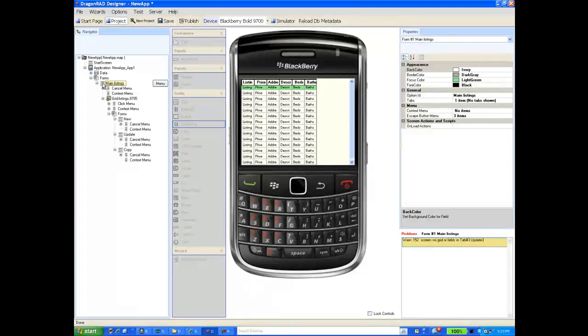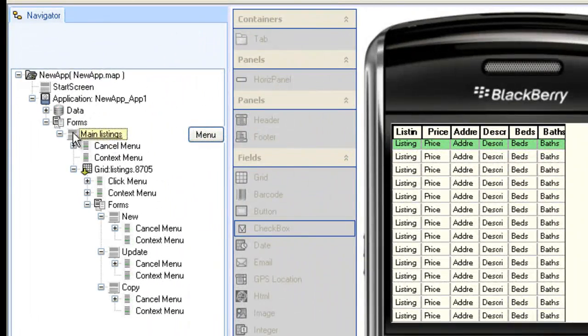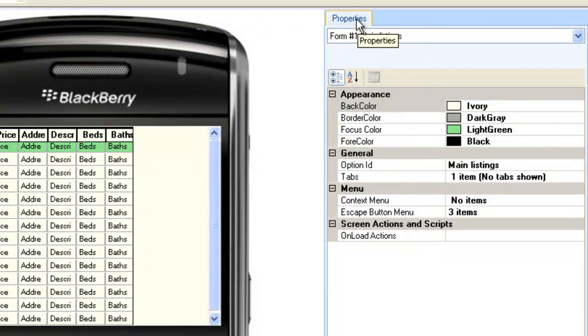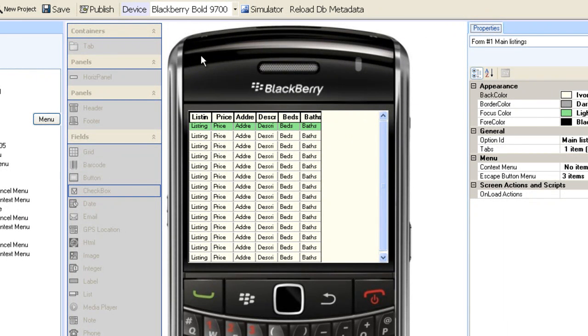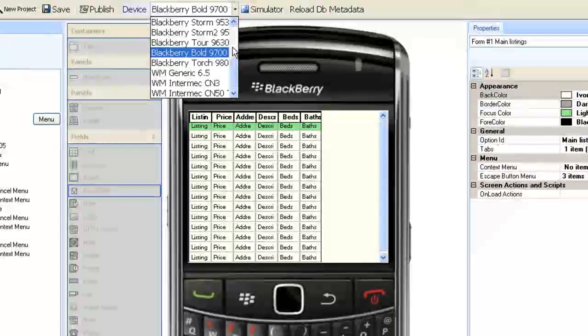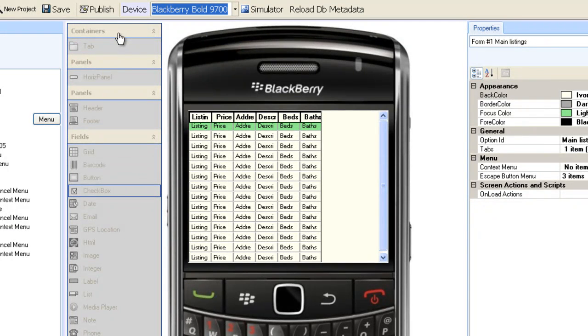DragonRAD Designer is comprised of 5 major components. On the left is the Project Navigator. On the right are properties, and the properties will change depending on which item within the Project Navigator has been selected. In the middle is a mock-up of the application on a device. Note that you can select from a number of BlackBerry, Windows Mobile, and Android skins. Between the Project Navigator and the device mockup is a toolkit of components that can be dragged and dropped onto the application screens. And at the top is a toolbar that contains many commonly used features such as Save and